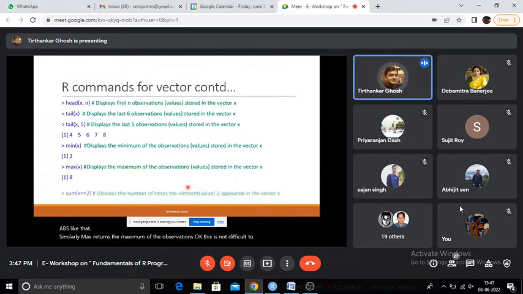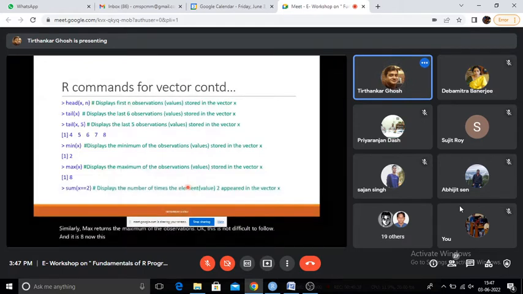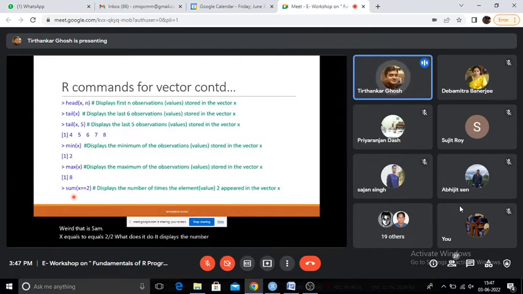Now this is one interesting thing which you may find a little weird. That is, sum(x == 2). What does it do? It displays the number of times the element 2 appeared in the vector x. Like here, there were 2, 3, 4, 5, 7, 8. So 2 appeared once.